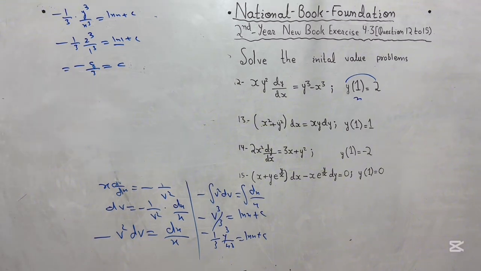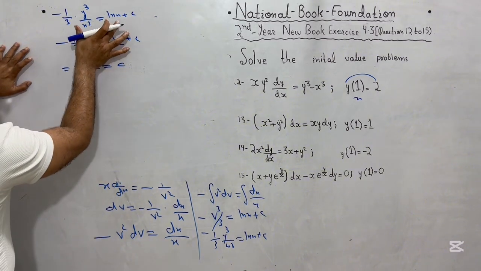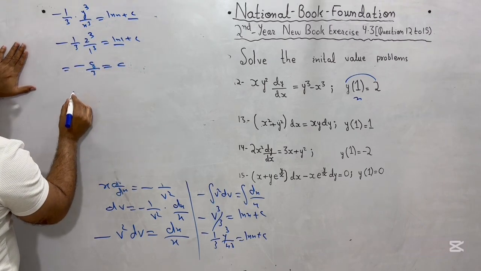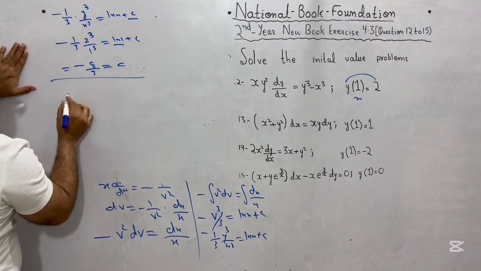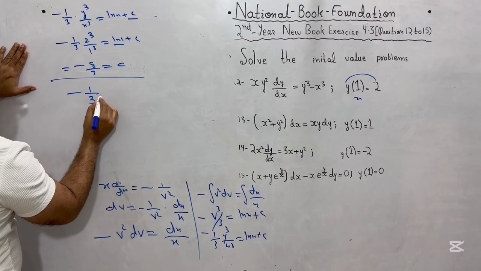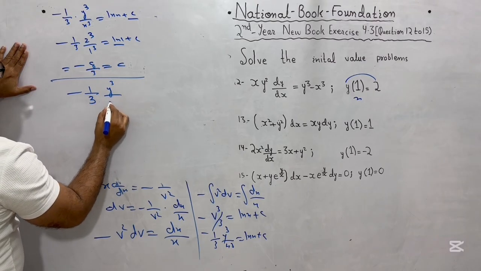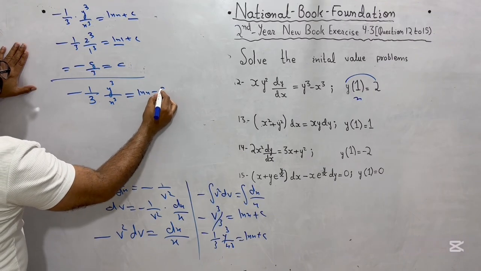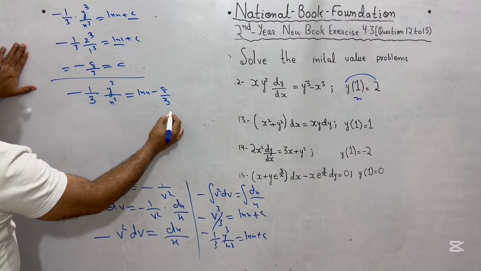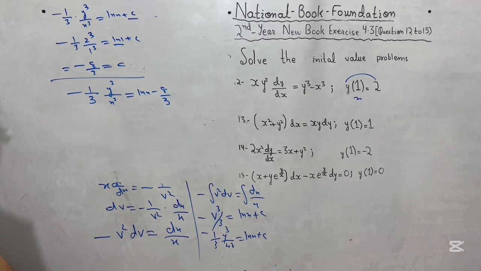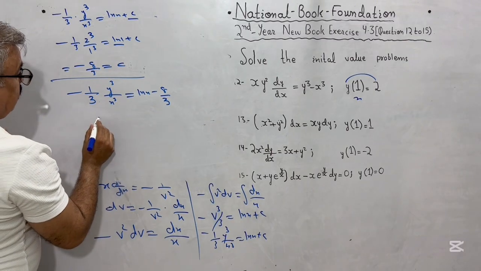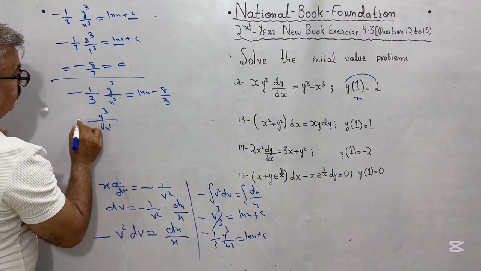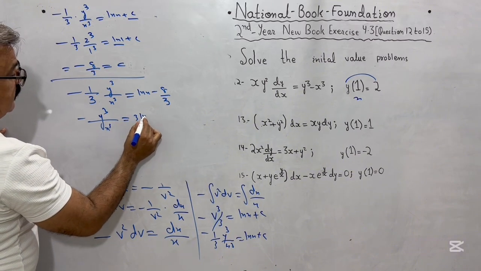The value of c is minus 8 over 3. Put it here, and it will become our particular solution. Putting the value of c, we have minus 1 over 3 y cube over x cube is equal to ln x, where c means minus 8 over 3. Shift 3 here, and we have y cube over x cube minus 3 ln x